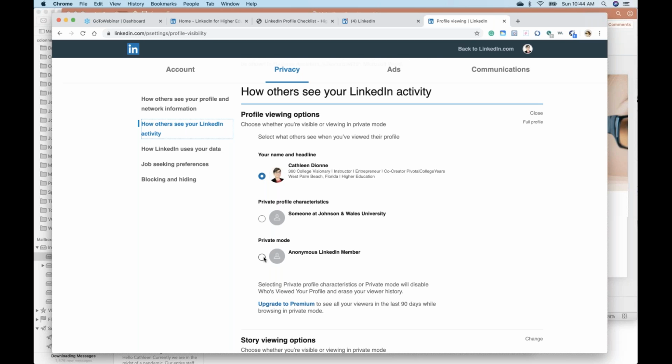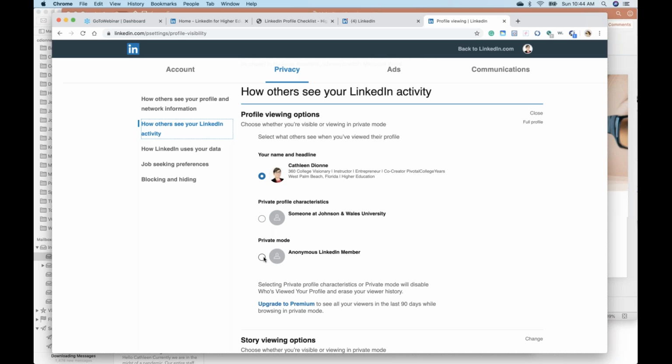I will say that if you are in the process of building your profile and you are using someone else's profile as a guide, you might want to be anonymous. Or if you're about to have a job shadow with someone and it comforts you to log into their LinkedIn profile 4 times a day for the week before your shadow just to learn about them, you might want to do that anonymously.